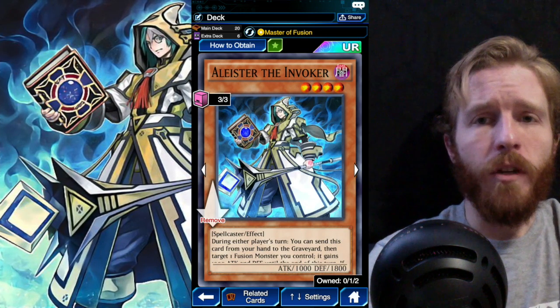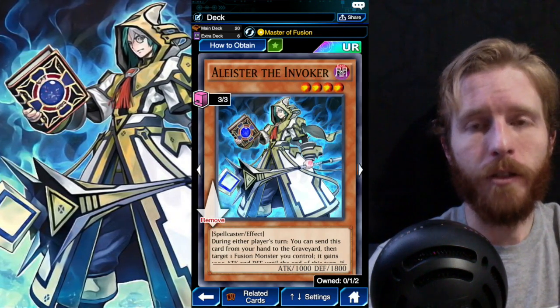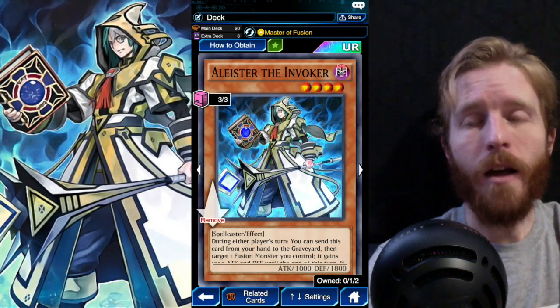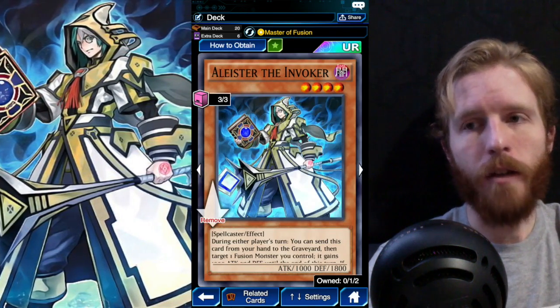Okay, so I'm going to do a video with two different Aleister the Invoker decks. One of them is with Magician Girls and Alexis and her Master of Fusion. Well, I don't know why I'm using Master of Fusion. I didn't mean to do that. And one with Jaden and the Elementsabers. So first up, we have the Alexis deck with...